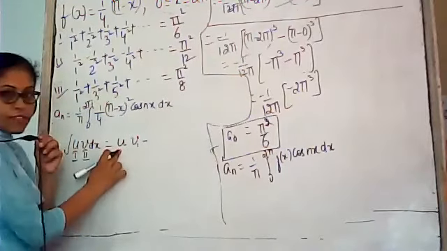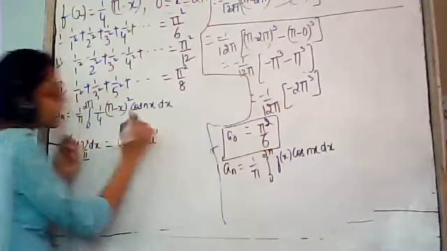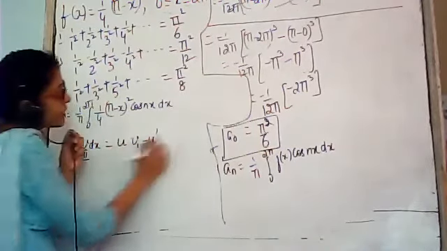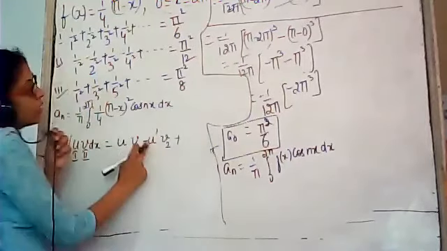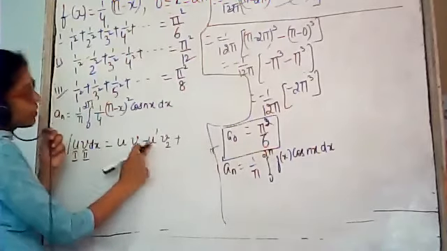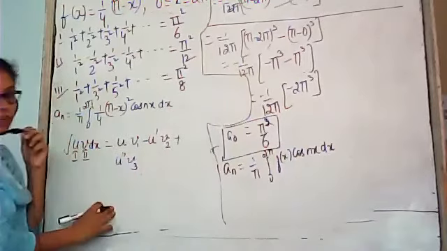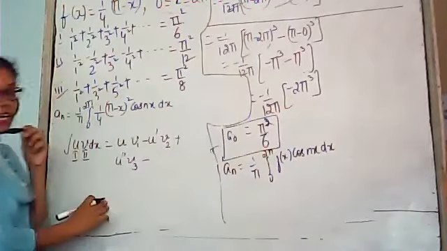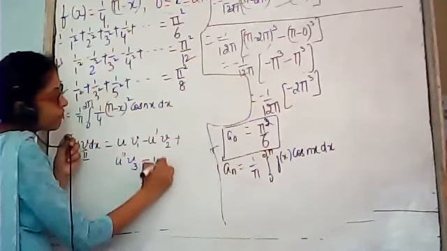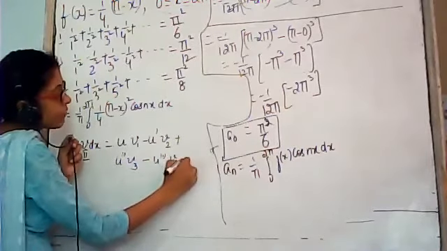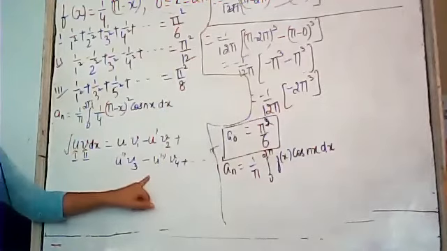Now this is the first function and this is the second function. For this, you have to differentiate the first function, and the second function will again be integrated. Again a plus sign. Now this is the first function and this is the second function. Again differentiate the first function and integrate the second function. Again there will be a negative sign. Again differentiate the first function and integrate the second function, and so on, until our differentiation is finished.